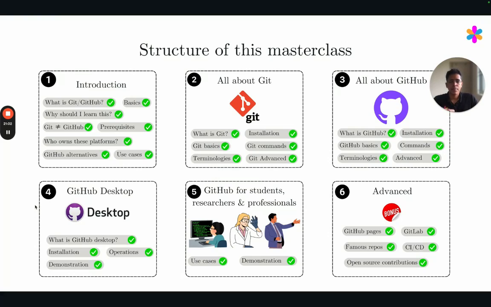My name is Dr. Sridath. You will learn different operations that you can perform in GitHub Desktop, which are exactly the same as what you can perform using the terminal in GitHub. We will also be taking a hands-on example so that you can understand very easily. Then part 5 and part 6 will cover a collection of ideas. In part 5, we will show you, if you are a student or researcher or an industry professional, different use cases for where you might end up using GitHub, and how you can do that through some demonstrations. This part will be split equally between all of us who are the instructors of the course. And part 6 also will be covered by all the instructors of the course.